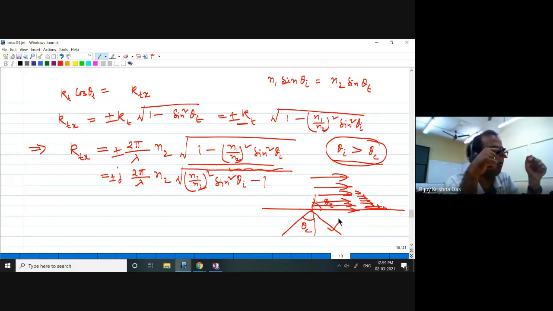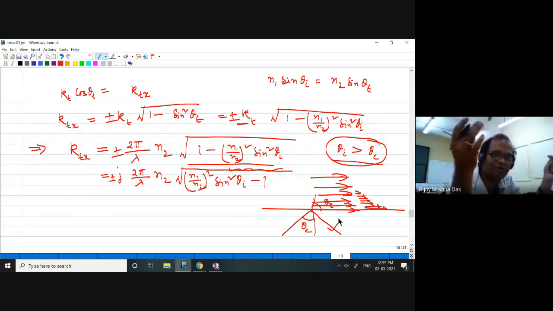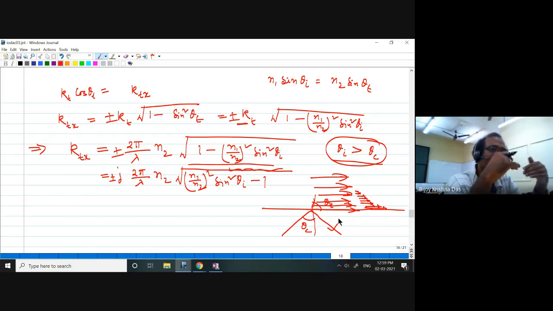One thing we should keep in mind is that Maxwell's equations are differential equations, right? If you solve a differential equation, you can get a huge number of solutions. Any equation can have some kind of solution. But you have to see whether a solution is practical or not, called a feasible solution. You can have multiple solutions, but there are some feasible solutions which can actually give you a practical device. So theta equal to theta c is not really a practical thing.